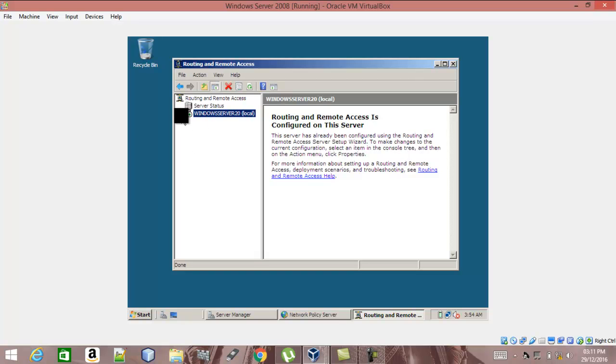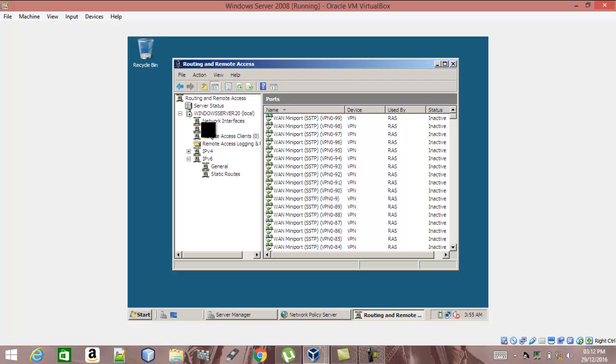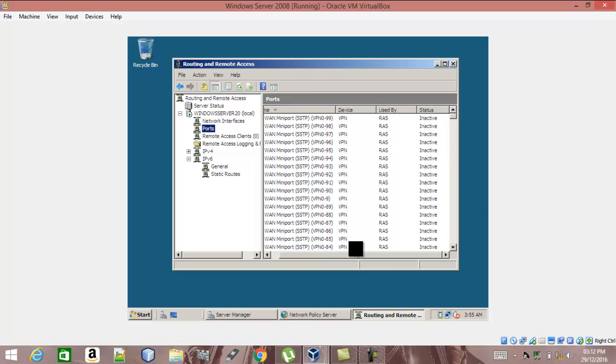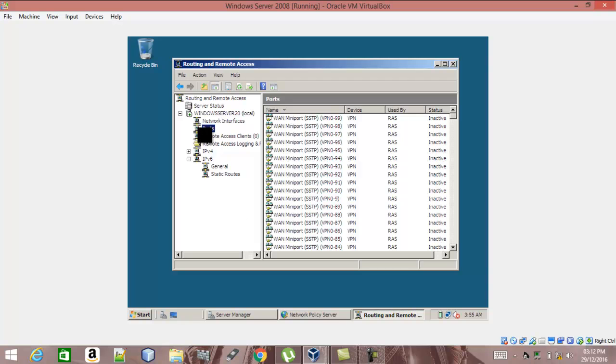So I'm just going to expand the server. I'm going to right click on ports, but before I do, you'll see different ports and the status, which are all reading inactive, but I'll show you later on how that will change. So I'm going to right click on ports, I'm going to select properties,